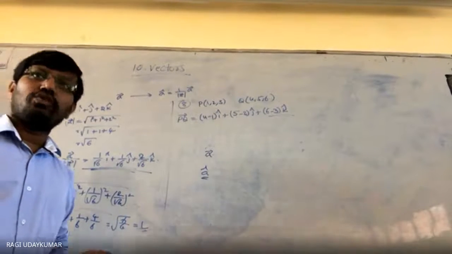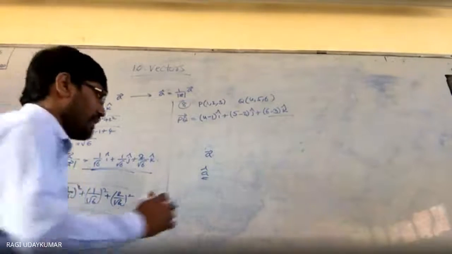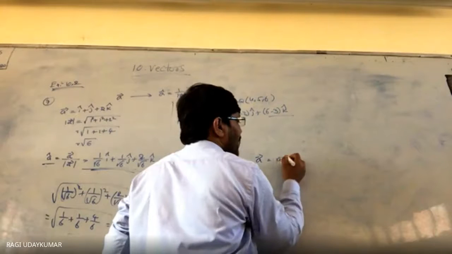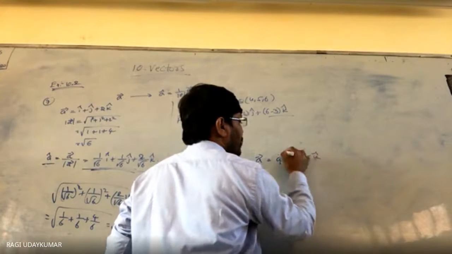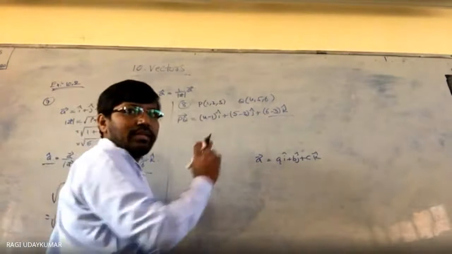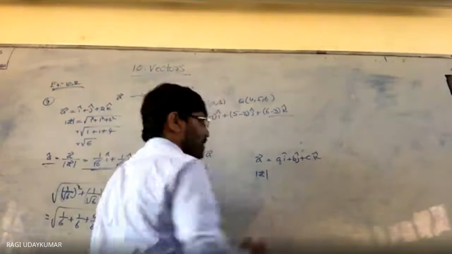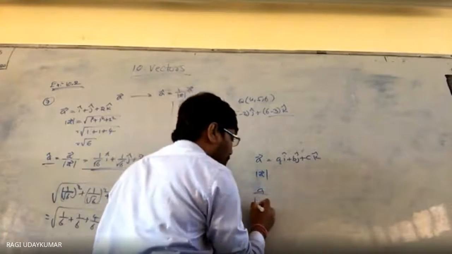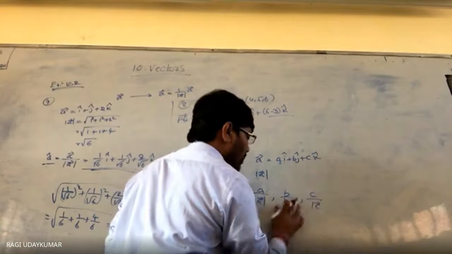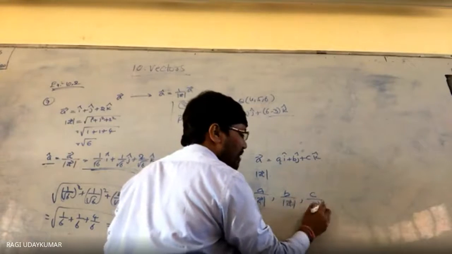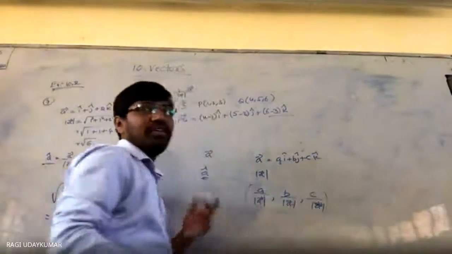The 12th question is find the direction cosines. So how do we find direction cosines? Magnitude. Suppose you are taking a vector as ai plus bj plus ck. These are the vector given to you. If you want to find the direction cosines, first find the magnitude of the vector given. Then a by magnitude of a bar, b by magnitude of a bar, c by magnitude of a bar. These three are called the direction cosines of the given vector.